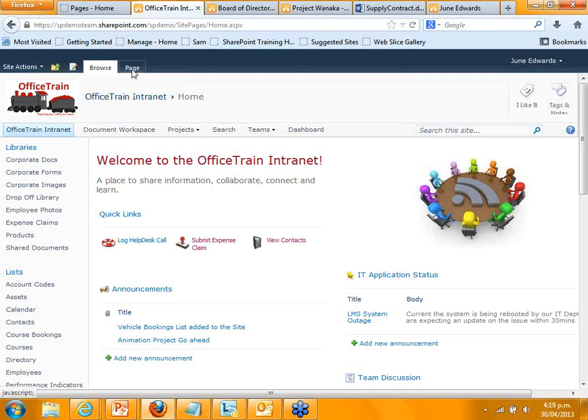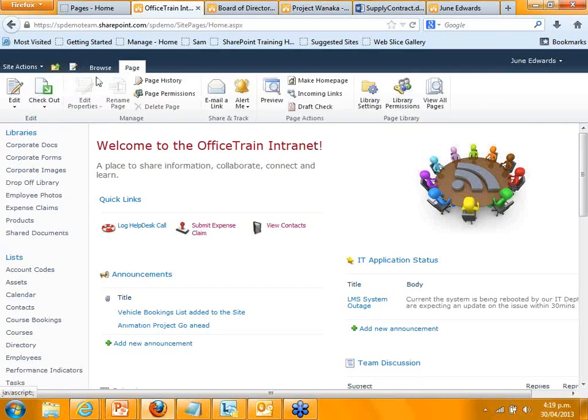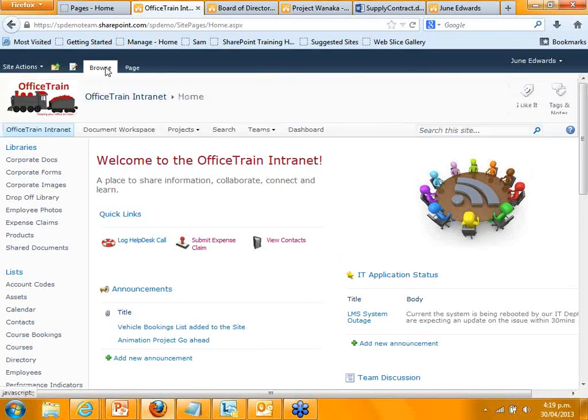You'll see that the navigation when I go into the different places is very similar to if you're used to using Office 2010, 2007 and 2013. You've got the ribbon, and the ribbon will change depending on what you're doing, and that's exactly the same inside of SharePoint. So it's really easy for you to find your way around and for it to be familiar, as with other tools that you might use.